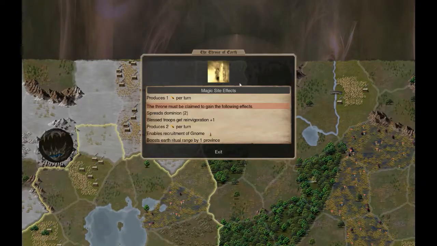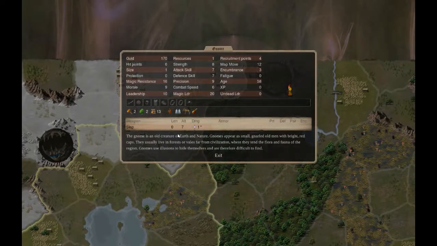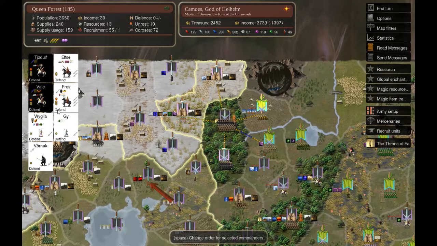What kind of throne? Throne of the Earth. 1 Earth Gem. Dominion. Blessed troops get revigoration, +1 troop per turn. Enables recruitment of the gnome, which is a very nice unit. And it's a mage, 2 earth and 2 nature, and booster ritual by province. So that's nice. And of course we have here our prophet, which can